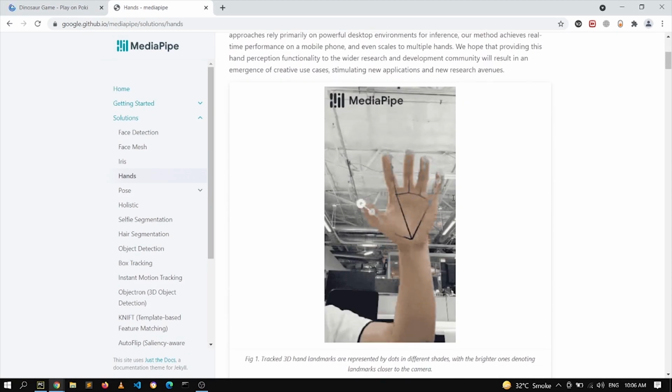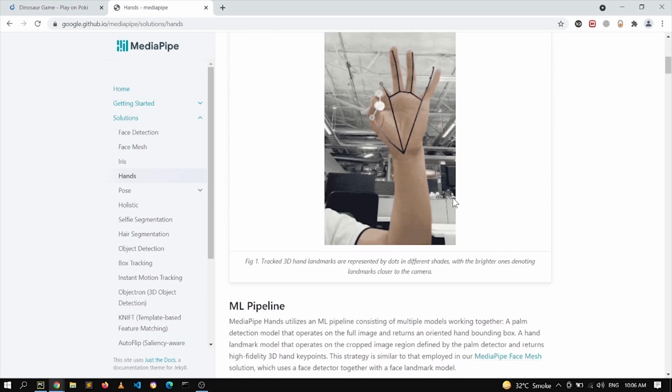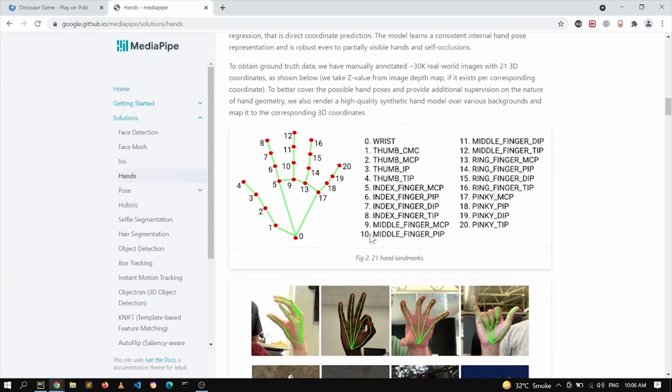Over here we are again using the MediaPipe library for detecting the hand gestures, hand motion, and all these landmarks on the hand. Based on that we will devise whether we want to send the signal to the dinosaur to jump, or we want it to crouch or just move down. So we will develop the basic idea,